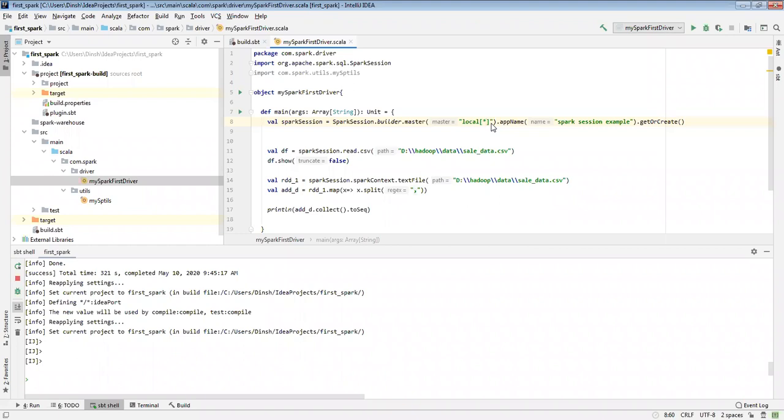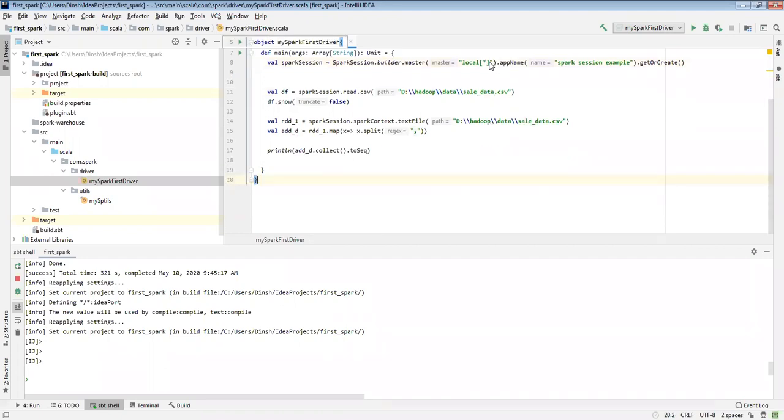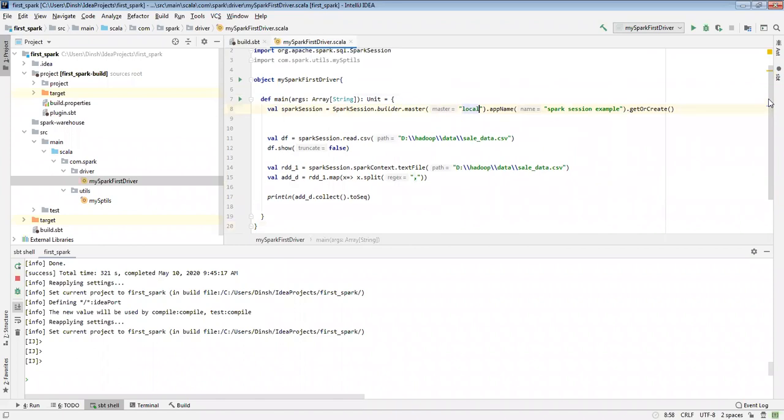But when you submit your project to a cluster, your production cluster, you should use master only. Then only the distributed execution will happen. And what is the purpose of the star? If you give local like this, the parallel tasks won't be launched. In this mode, only one core will be used to run this particular Spark application.